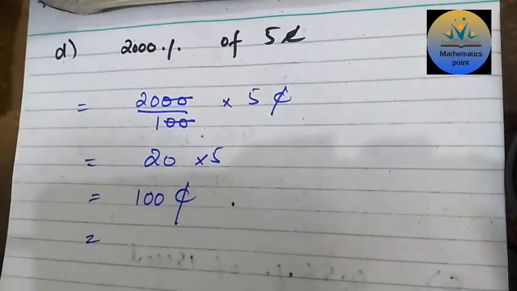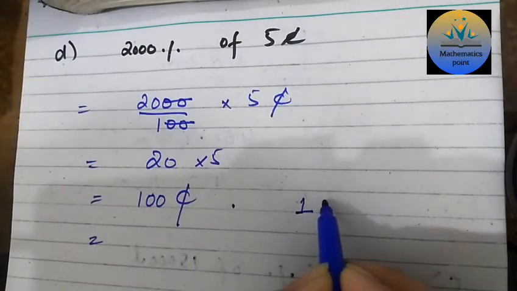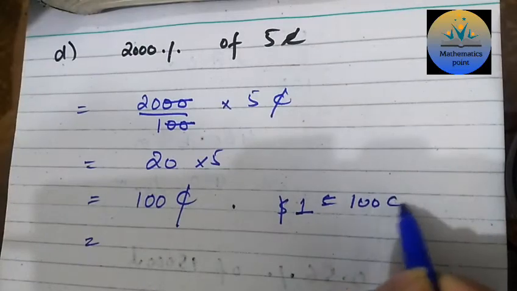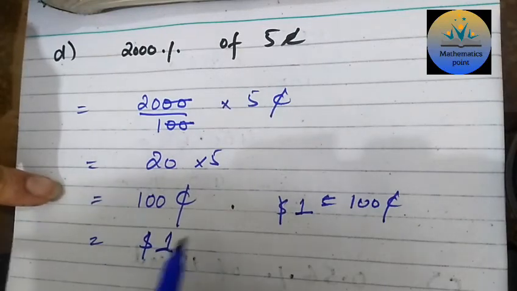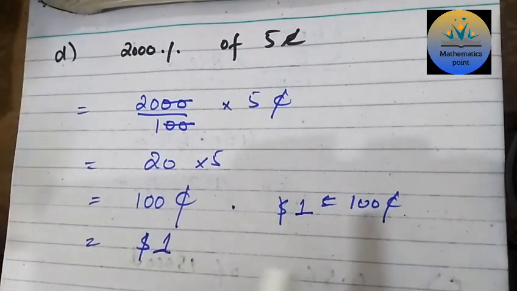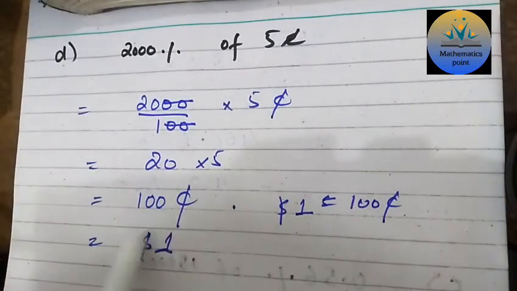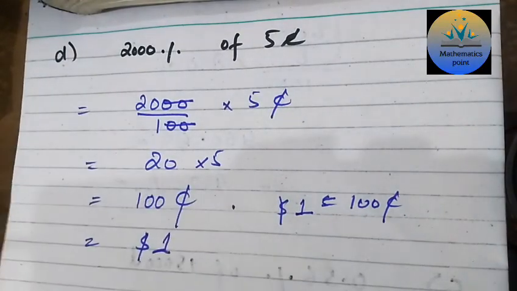So you don't need to convert into another unit, but if required, as we know that $1 is equal to 100 cents. c is the symbol of cents, okay. So 100 cents, so we write it as $1 here. But if you keep your answer here, that will be fine, because there is no restriction that you have to convert into this unit. And if you want to find the answer as given in the back, you convert your unit cents into dollars, and you know that $1 is equal to 100 cents, so you can write it here. So the rest is done with your question.